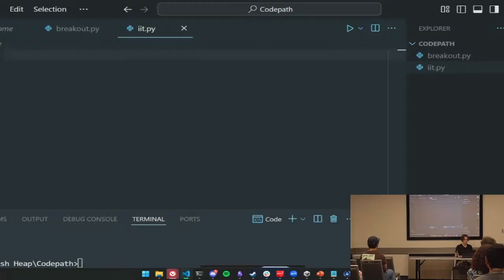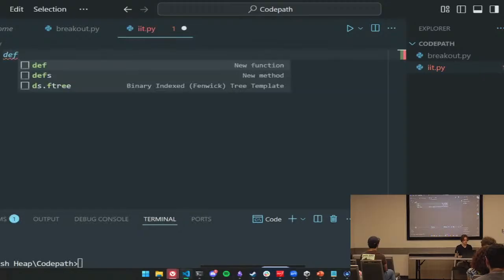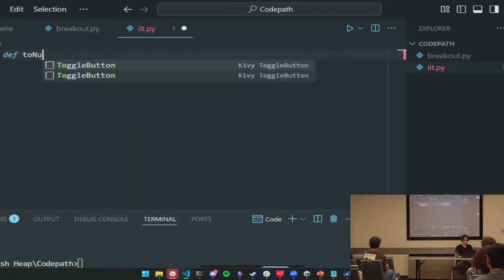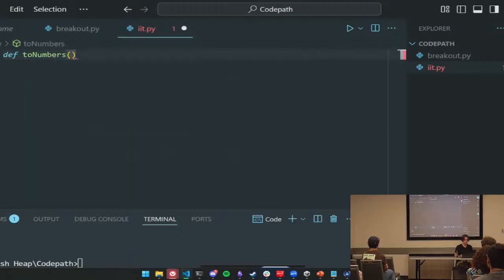So you would probably have some function, right? Let's call it two numbers. So given some input list of numbers and a target, and your interviewer says, find me two numbers that will add up to the target. And so you need to clarify some things, right? Okay, so you would ask,